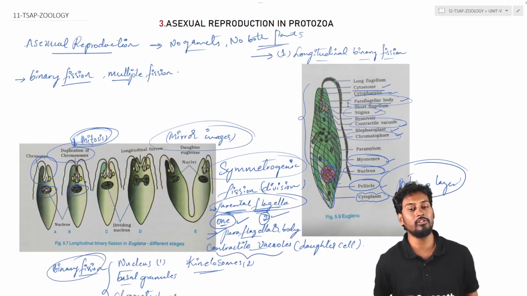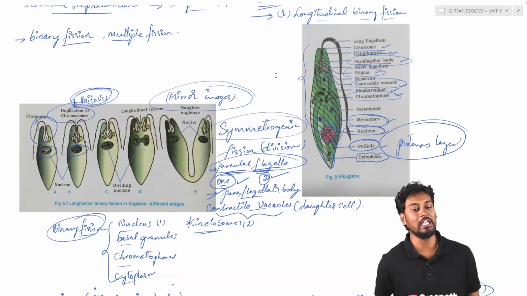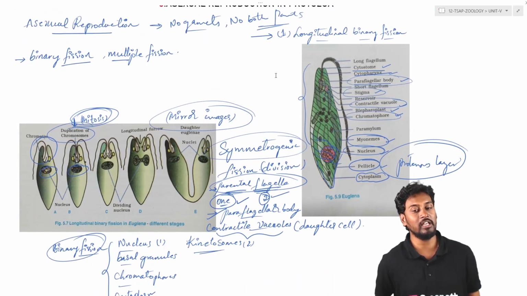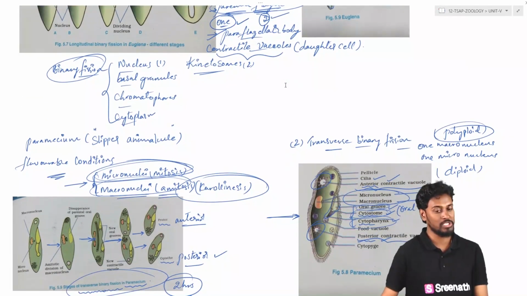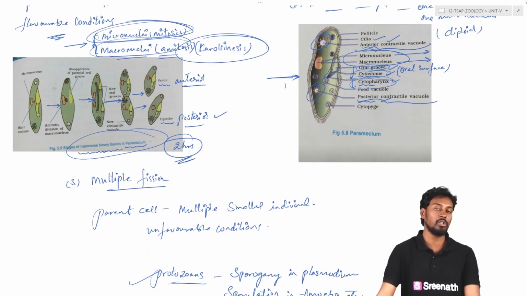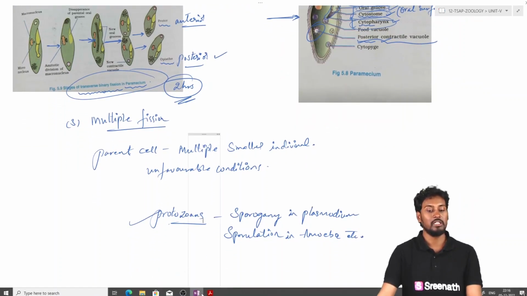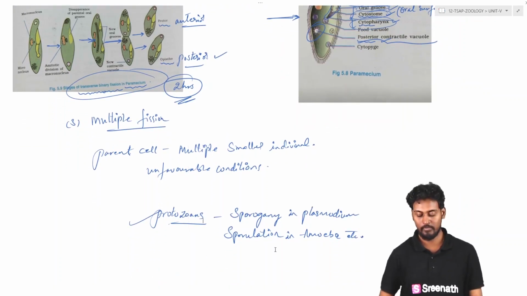So coming to the asexual reproduction in protozoans, here we can see generally there is no fusion of gametes and involvement of both the parents. In case of binary fission, it is generally observed, that is in case of longitudinal binary fission and also the transverse binary fission. So longitudinal వచ్చేసి it's in case of euglena, and the transverse is in case of paramecium. ఇదే కాకుండా we also discuss about the multiple fissions which are generally observed in case of organisms showing the unfavorable condition. దీని తర్వాత నెక్స్ట్ వచ్చేసి